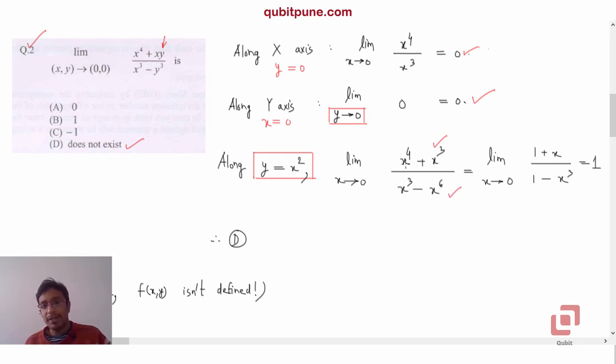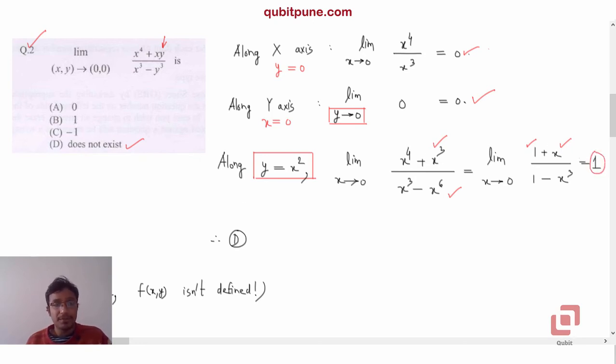Now if I divide the numerator and denominator by x cubed, in the numerator x cubed will become 1 and x raised to 4 will become x. Addition is commutative, so it shouldn't make a difference. And in the denominator it is 1 minus x cubed after dividing by x cubed. So what are we going to get? We're going to get 1 plus x in the numerator, or x plus 1, and 1 minus x cubed in the denominator. And if I now let x be 0, then I'm getting 1.